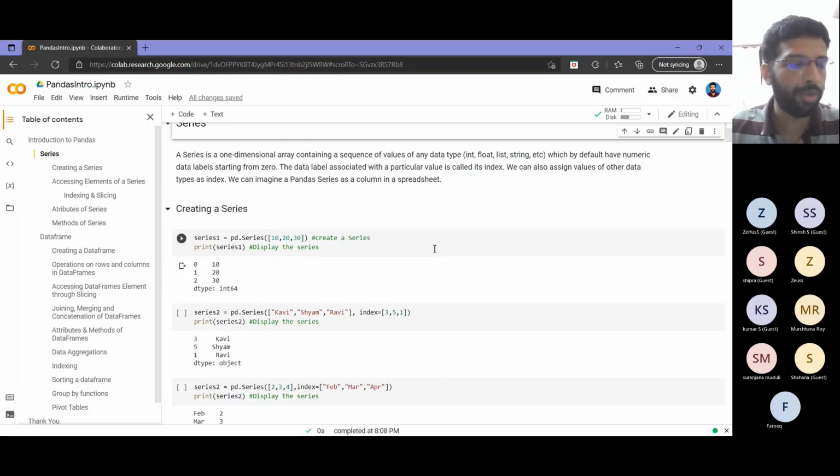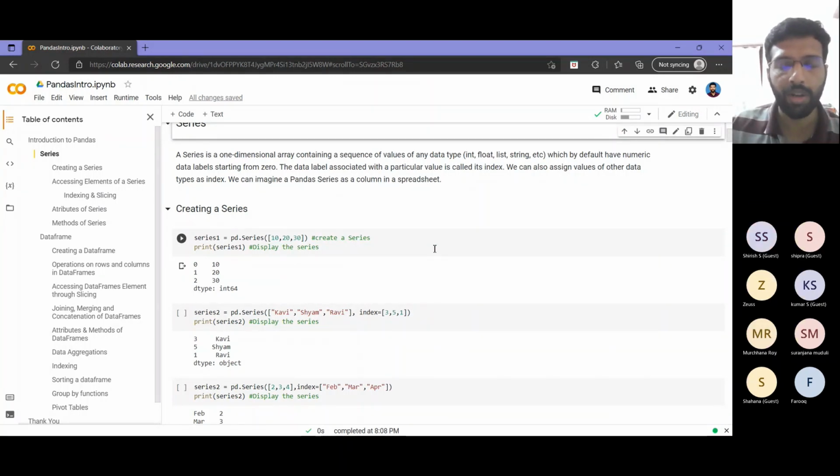Now we will see how to create a series, what we can do with it, how to access different data, how to slice it, index it. Similar to what we did with NumPy or earlier with the normal Python list. So like that we will try to do with some series. We will see some 5-6 ways in which I can create a series. As already told, whatever I am making is a one-dimensional array, so the input that I pass to series will be one-dimensional.